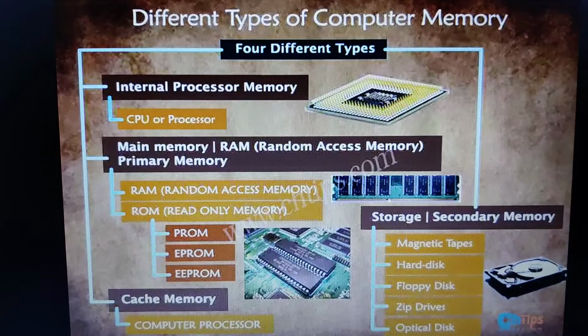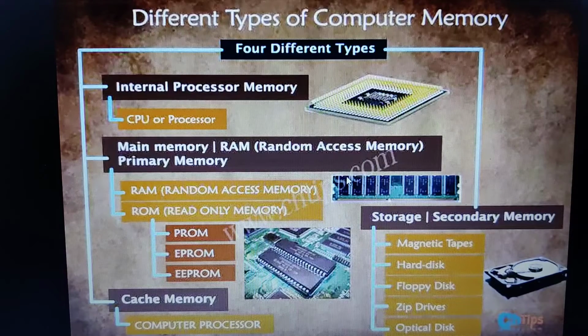In our previous video class we have discussed the memory devices. We know that the memory is the most essential part of the computer system. Herein the memory is divided into the primary memory and the secondary memory. In case of primary memory, again there is a classification, that is random access memory and read-only memory.